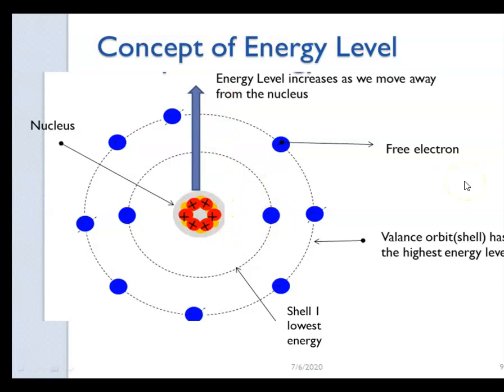The valence electrons are loosely bound with the nucleus. If external energy is given to them, they can easily break away from the nucleus and become free. Such electrons which are free from the force of attraction of the nucleus are called free electrons. These free electrons possess an energy which is higher than that of the valence electrons. The electric current flows due to these free electrons and they are said to be in the conduction band. The energy level of the conduction band is higher than that of the valence shell.